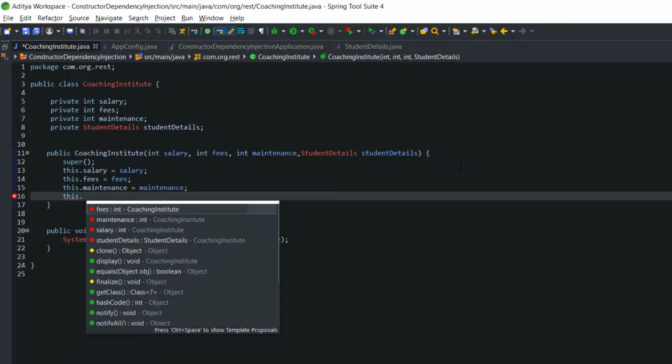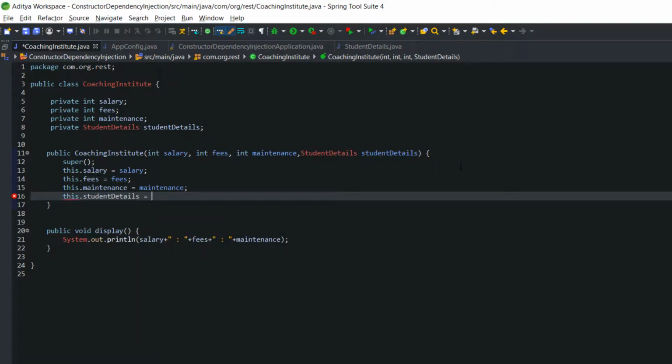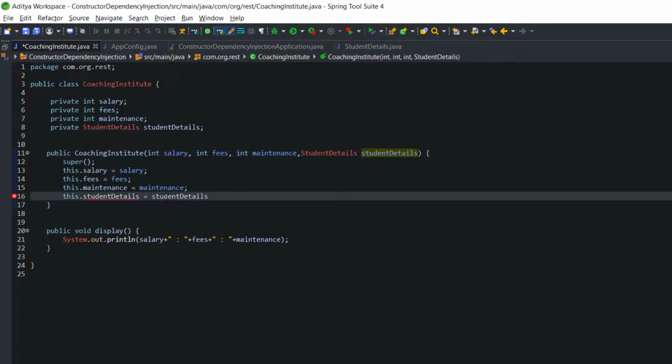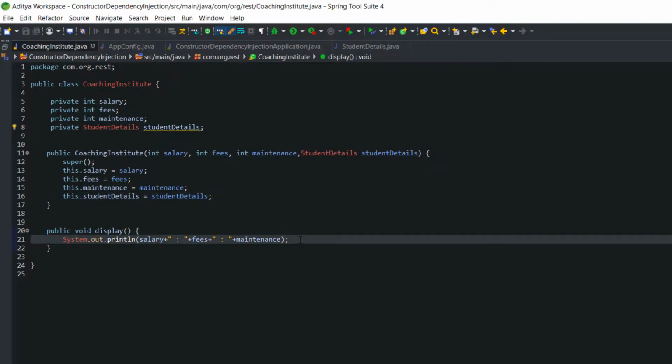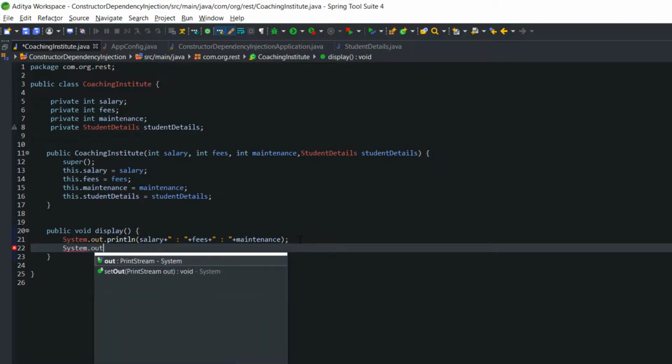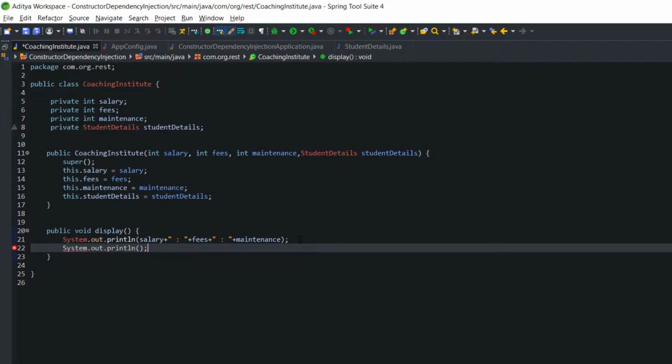This dot student details. And after that, in the public void display method I am going to call system.out.println, and here I am going to write student details.toString. What I have done is connect my student details to Coaching Institute.